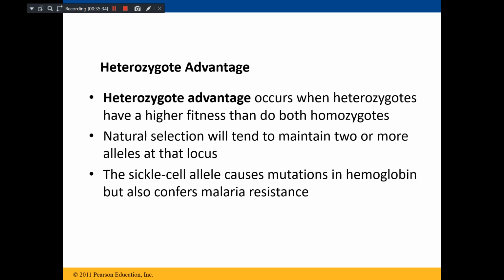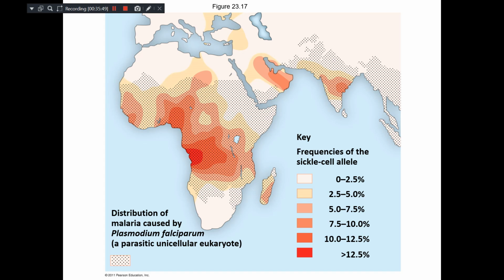Take the example of the sickle cell allele, which causes a mutation in hemoglobin. At the same time, it confers malaria resistance. As a result, it is still in the population. See the frequency of sickle cell. In the rest of the world, it is less.